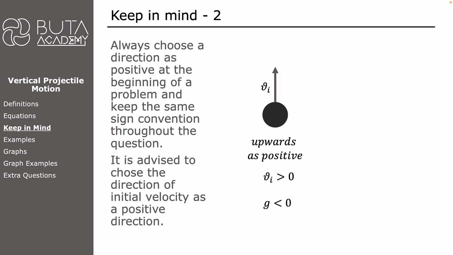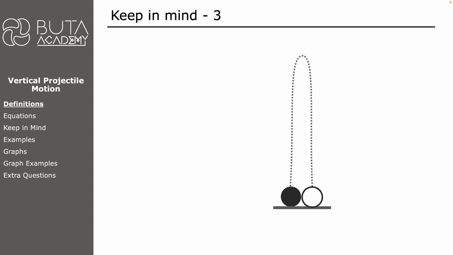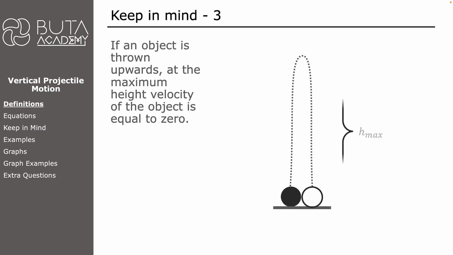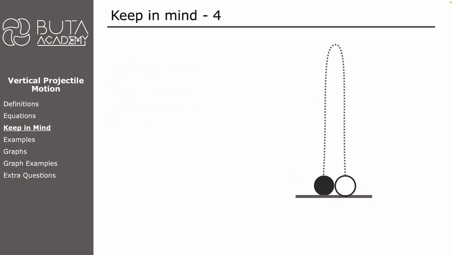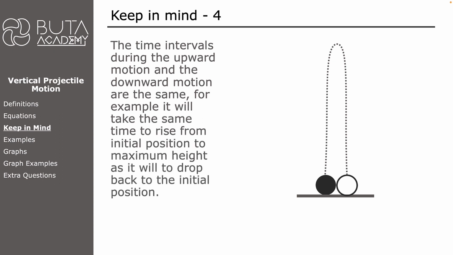On the contrary, if the object is thrown downwards or released from a certain height, choosing downwards as positive will be a better decision. Doing so will result in both initial velocity and acceleration getting a positive value. Another point to remember is that if an object is thrown up, at the maximum height, the velocity of the object is equal to 0. The fourth important point is that the time intervals during the upwards motion and the downward motion